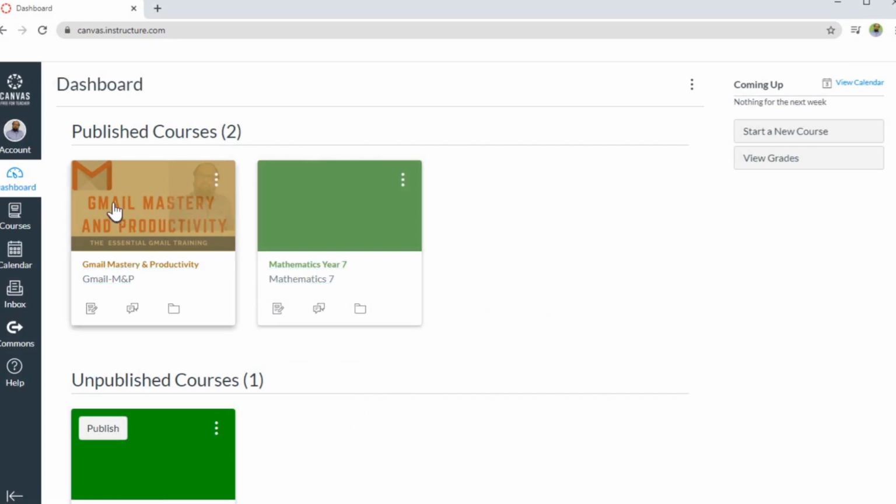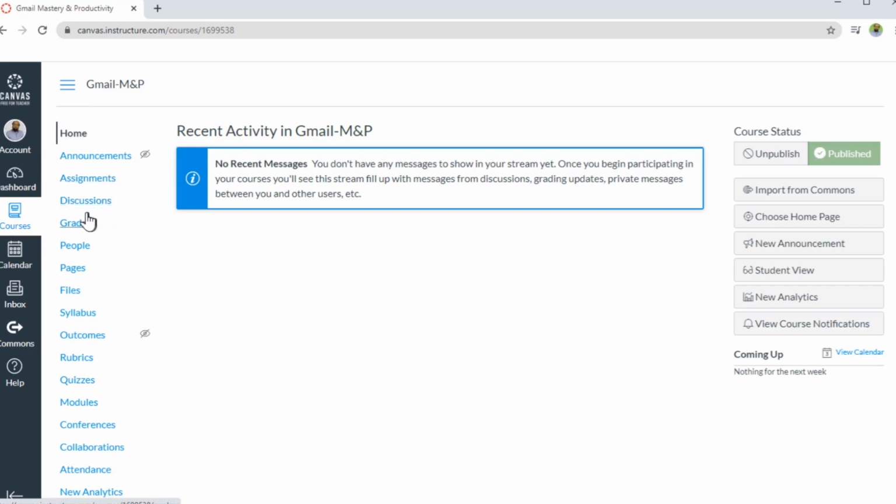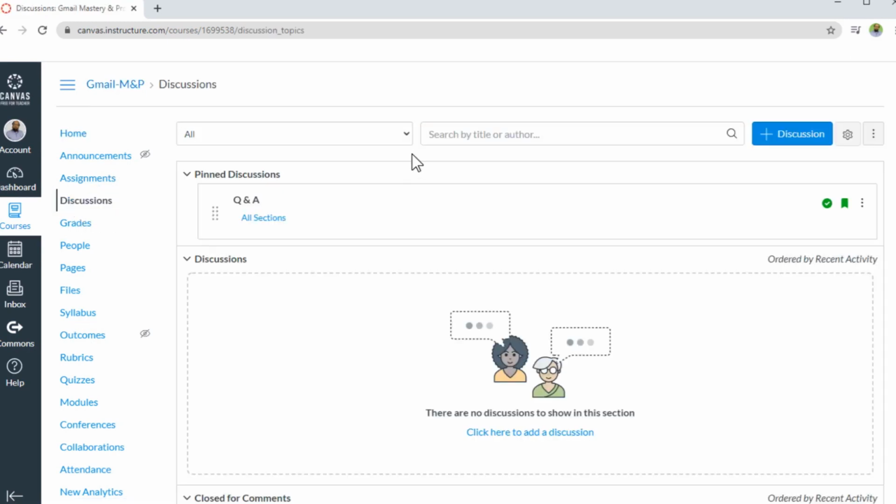So for example, I want to initiate a discussion in this course, my Gmail Mastery course. So I click on that, and on the left hand side I have these discussions. I click on that, and if in my class I have a lot of discussions, which I don't have, then I can search by using this search bar, and I can change the settings of discussion by clicking on this